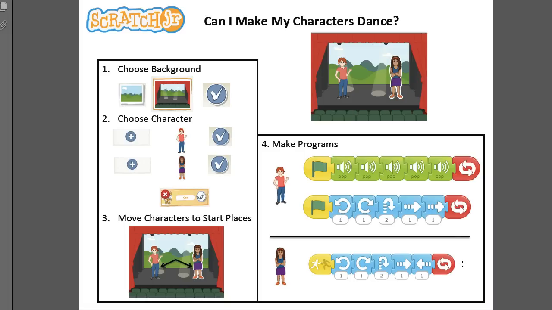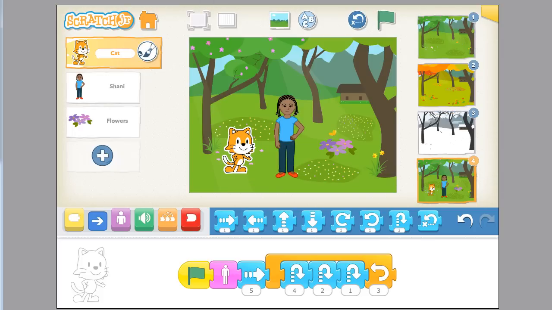That's currently available on the iPad as a free app, and will soon be available on Android as well. So definitely worth a go for the younger children. Moving on,